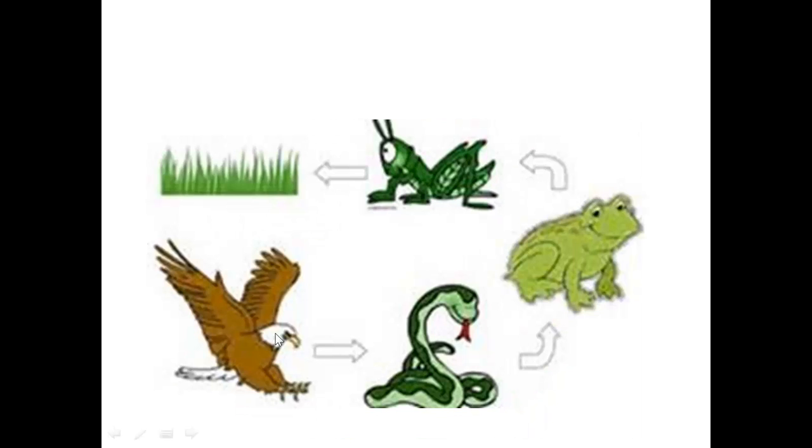Here's a simple food chain. The energy that the grass has, it got from the sun. It passes on to the grasshopper. The grasshopper passes its energy on to the frog. The frog passes its energy on to the snake. The snake passes its energy on to the hawk. That's a simple food chain. You have one organism representing each trophic level. They represent producers, primary consumers, secondary consumers, and these two are secondary consumers, and